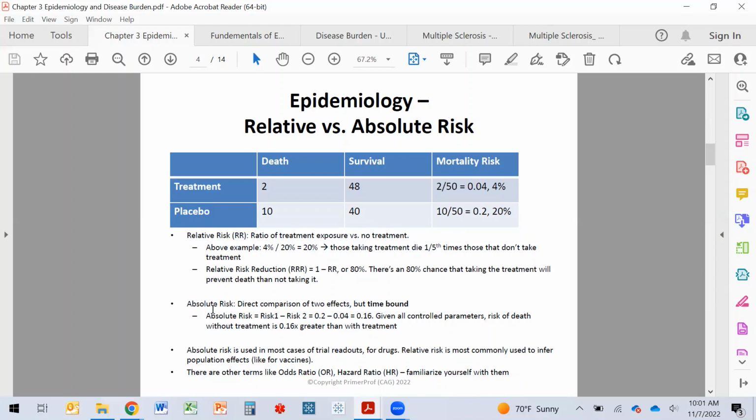Absolute risk is a direct comparison of the two effects, and it is time-bound. So absolute risk is risk 1 minus risk 2, which is basically 0.2 minus 0.04, which gives you 0.16. And that basically